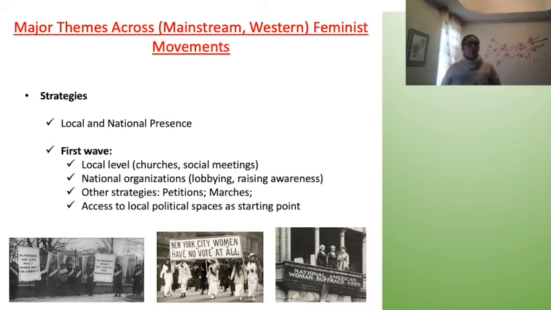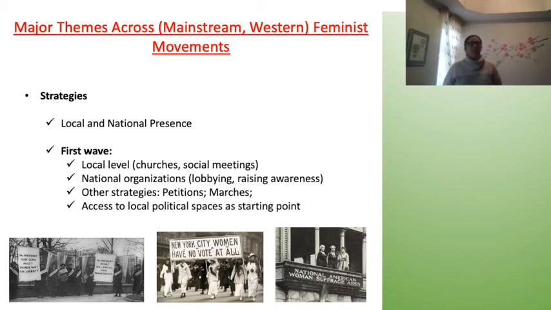Petitions are a powerful tool that have been used for disenfranchised groups, right? So if you can't vote in an election to convince politicians of something, you have limited options when it comes to political change. But what our first wave feminists did is that they were very effective at getting men to sign petitions and then bringing those to their elected officials. So it was a way to sort of work within the system that they had. We also see a lot of things like public marches happening in our first wave.